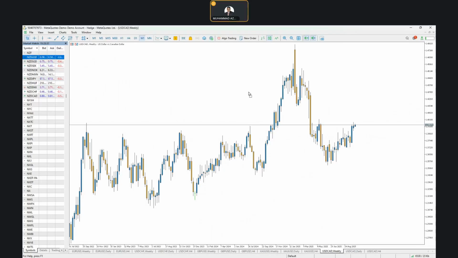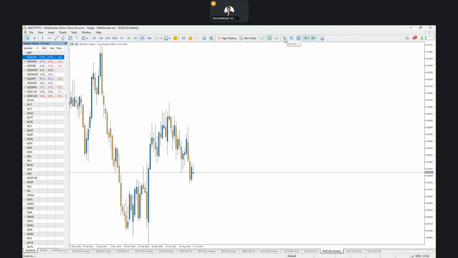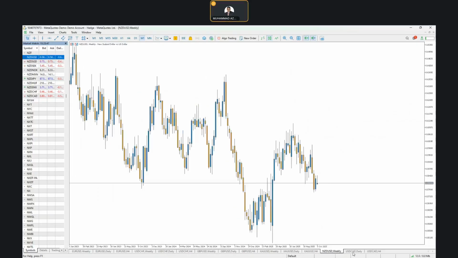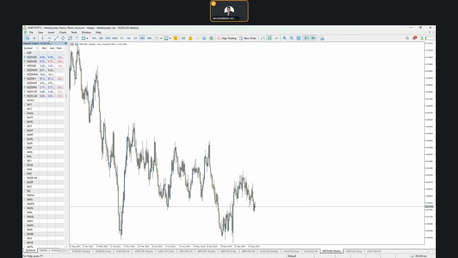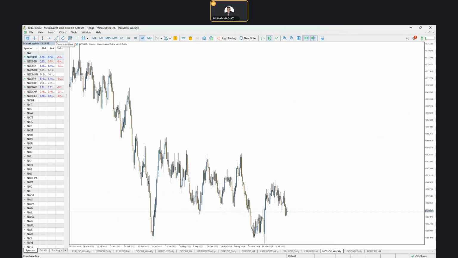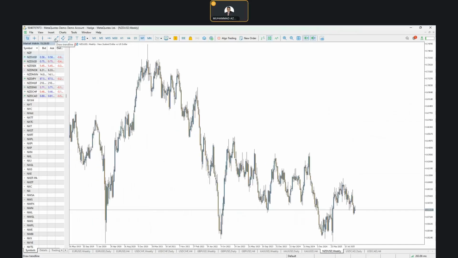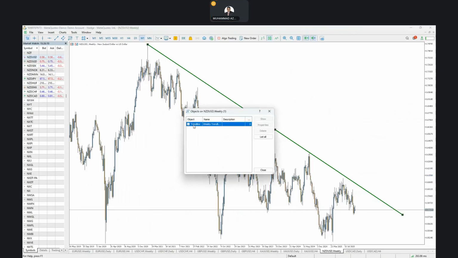Go over here. This is the NZD USD weekly time frame. Loading the data. And if I zoom out a little bit, this is the weekly chart. So you can easily notice that inside a weekly time frame of New Zealand dollar versus United States dollar currency pair, overall, the trend is down. It's a bearish trend.